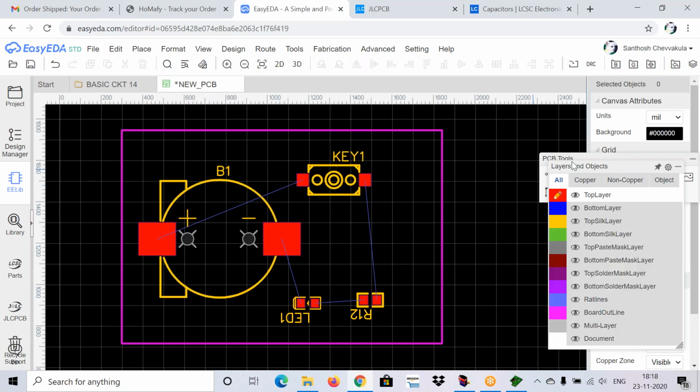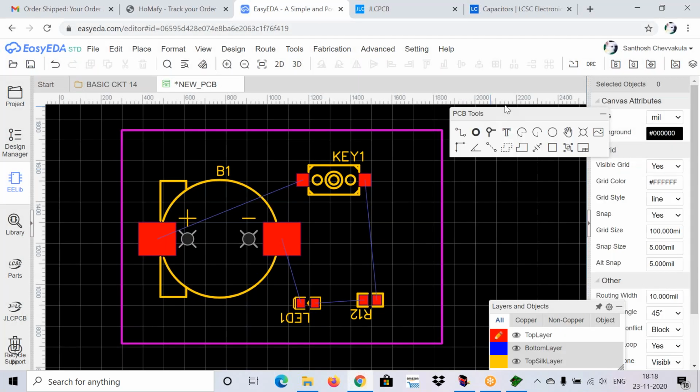Now if you observe the options, when it is in circuit designing, you can observe wiring tools, right? But when you change it to the PCB designing window, the tools will be PCB tools. Here you will find track, pad, vias, text, and if you want to add some holes or background images, all this comes under PCB tools. Now arrange the components. After that, click on track from the PCB tools.